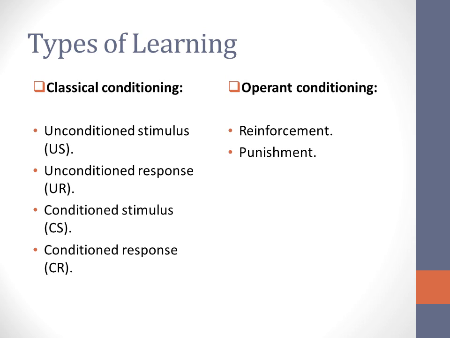The other type of learning is operant conditioning. In this case, we're not so much concerned about associating two stimuli, but about getting behaviors to either increase or decrease. And so in this case, when an animal behaves in a certain way that we like, we reward it or reinforce it. When an animal behaves in a way that we don't like, we punish it. Behaviorists discovered that there were many schedules of reinforcement, but in general,